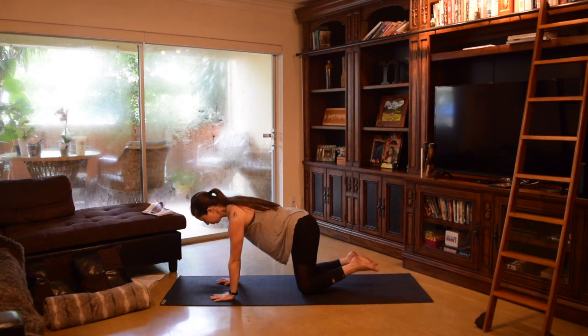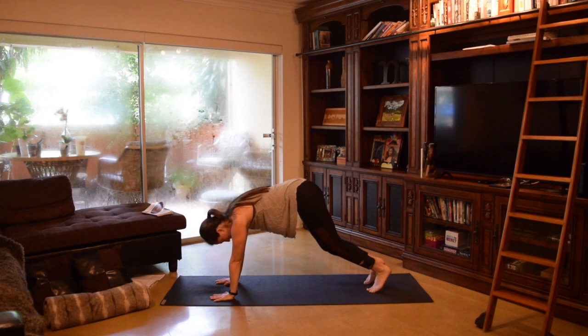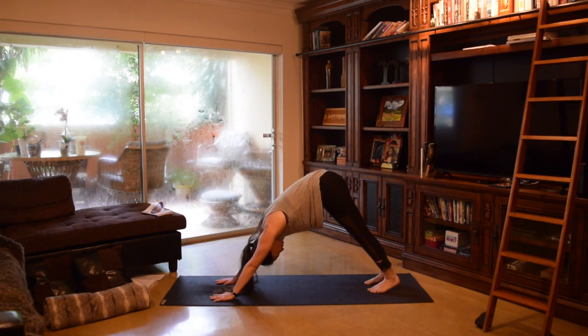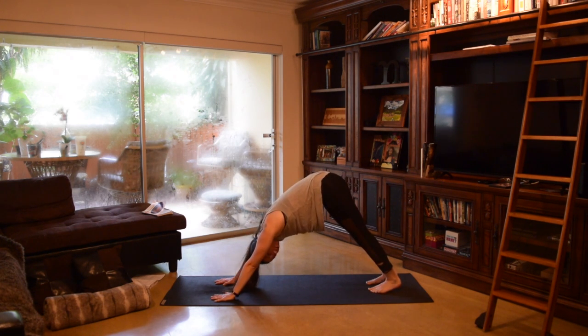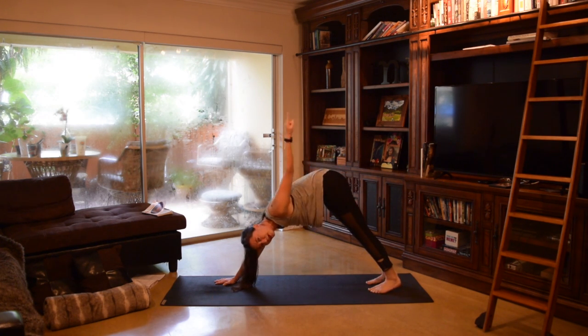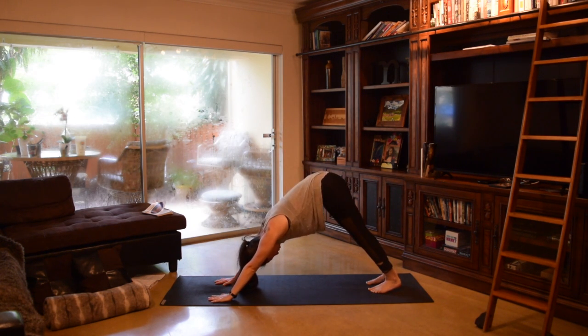And from here, we're just going to come into a brief down dog. So let's tuck the toes and lift the hips up and back, coming into a down dog. Just spend a couple breaths here, working the heels down towards the mat, the sit bones up towards the sky, and letting that opposing energy open up the back of the legs. One more inhale,